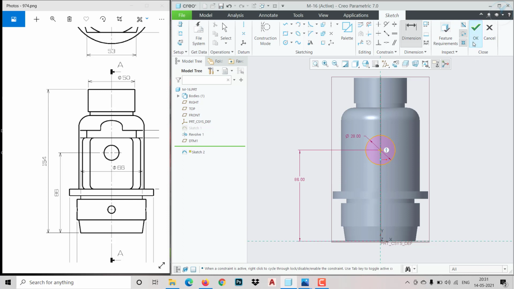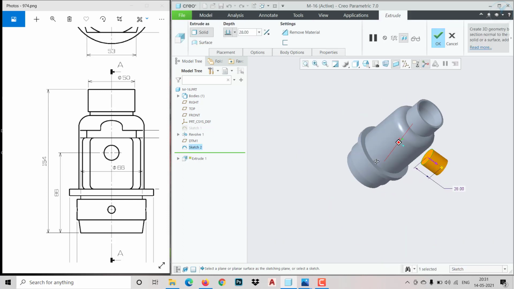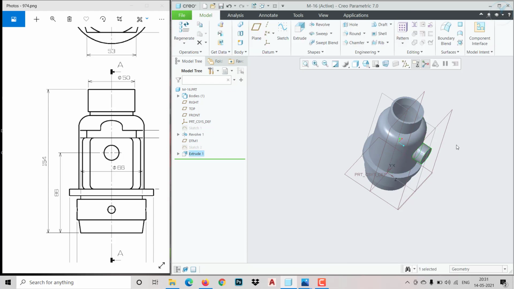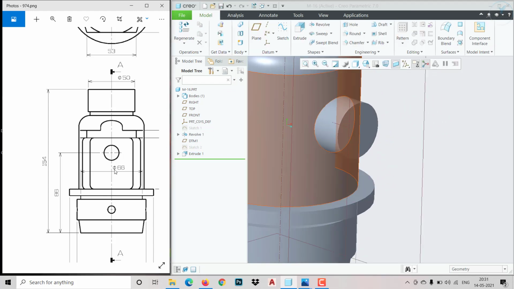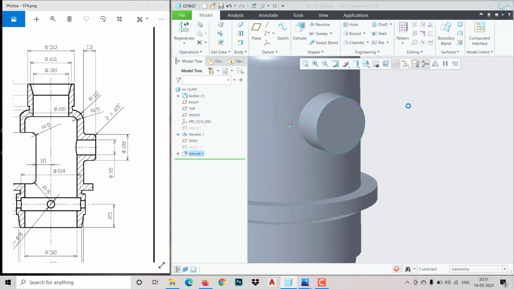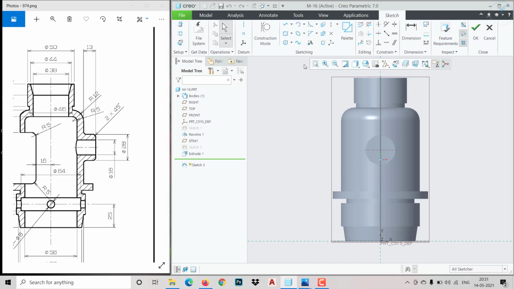Click OK, then extrude. So flip your direction and choose up to element and choose this outer face and click OK. So then now you can make the cutout. So first we need to create the material, then only we can remove it. So now make a cutout over there. So either you can use concentric or a simple circle also, anything is fine. Okay, because now I require concentric because I don't want to give separate relation for that. So this is dia 16. Click over here and click on this one, give diameter 16. Click OK. I think it is completely going.